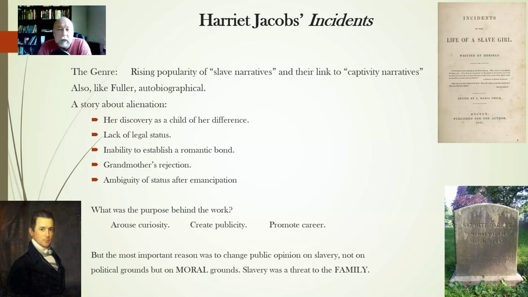But her discovery in her childhood, you remember the passage where she says, I kind of grew up when I was really little, not knowing there was anything different about me. I mean, she understood that everybody had a different kind of skin color and everything. And this was not terribly uncommon in the South. The childhood that she had was not terribly uncommon, because when children, black or white, in slave-owning families